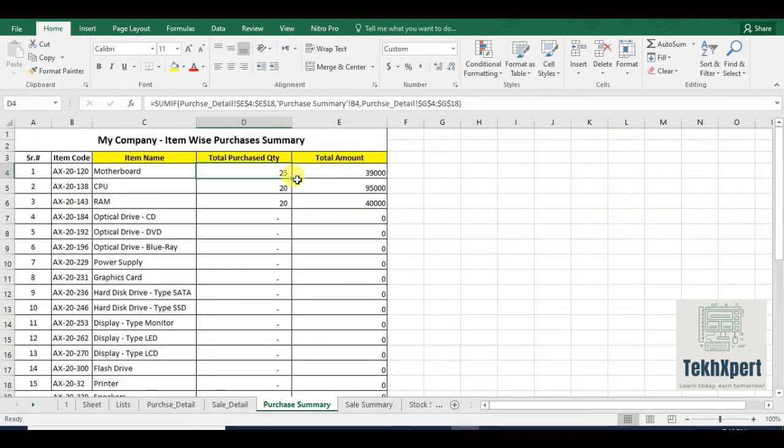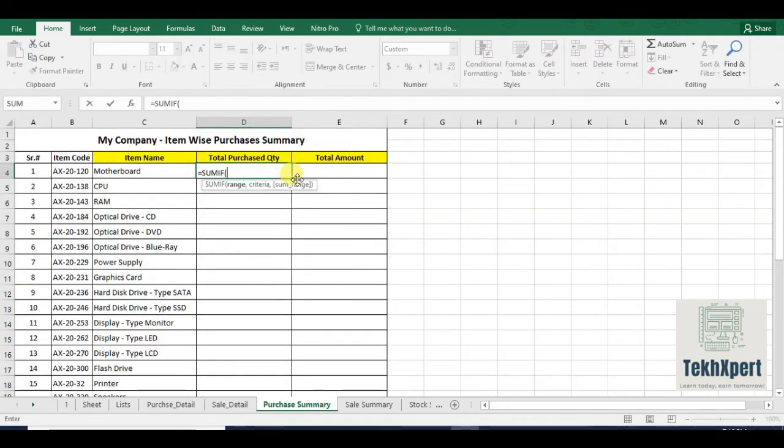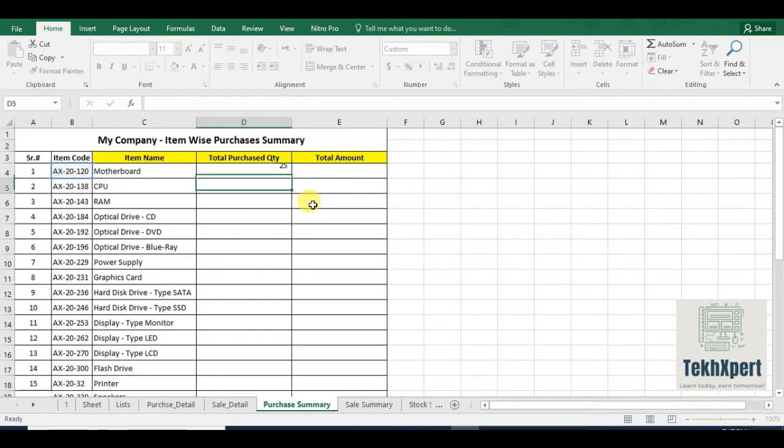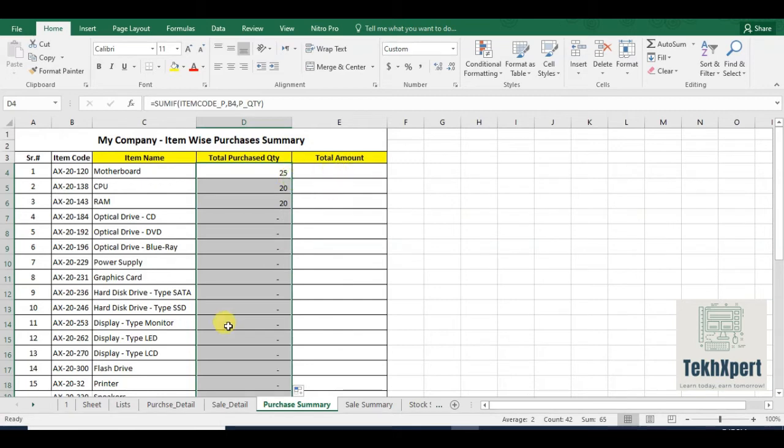So now we will revise our functions with these named ranges. Equal sign, SUMIF, range is item code P, criteria item code, sum range P underscore quantity, entered. Now it is dynamic, it is not fixed.